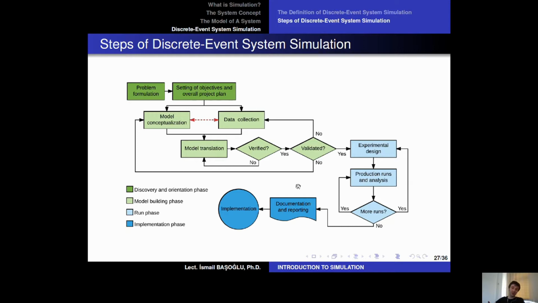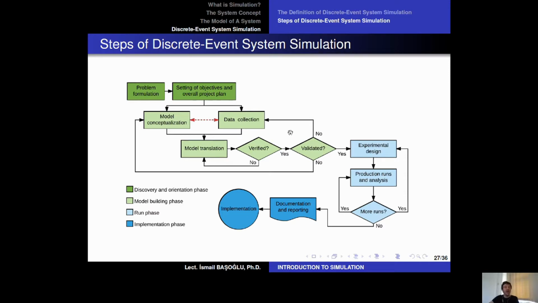However, what I need to tell you is, if I ask you, what is the most important task? What is the most important process in these steps of a discrete event simulation project? Actually, the most important task is, my friends, validation. So we need to be very careful at validation. A wrong result in the validation process, assuming an incorrect model as a valid model, can create dangerous results. So validation requires so much attention, perhaps the most important task in all of these steps of a discrete event